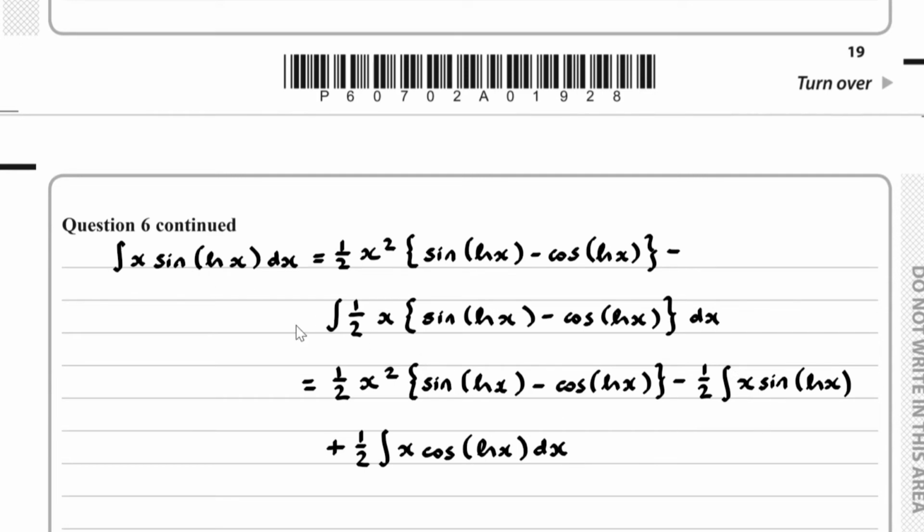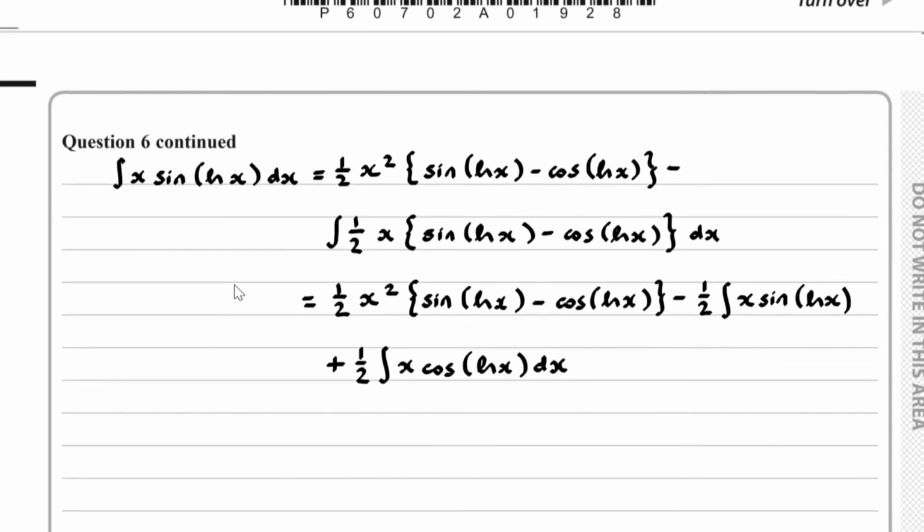Now, do you notice how here we've got a 1/2 times the integral of sine of the natural log of x, which is what we have here. And so what we can do is add that to the left hand side. So I've got 1 plus 1/2, which is 3/2. So what I have then is 3/2 times the integral of x times the sine of the natural log of x dx equaling